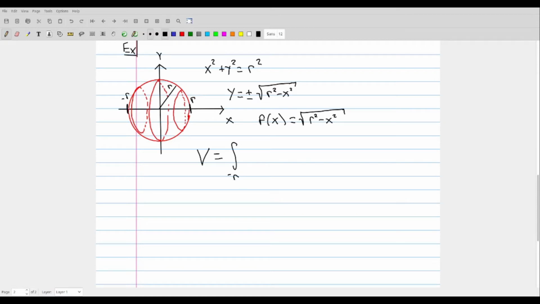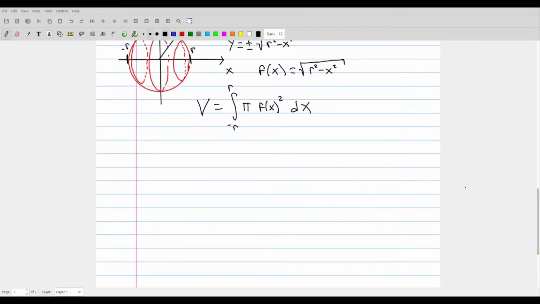So we're integrating from negative r to r of pi times f of x squared dx, which is equal to pi times the integral from negative r to r of the square root of r squared minus x squared, squared, dx,